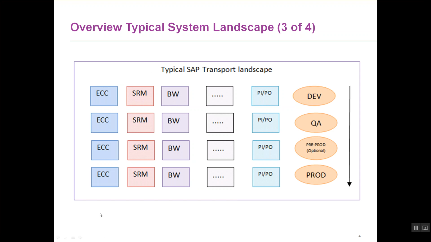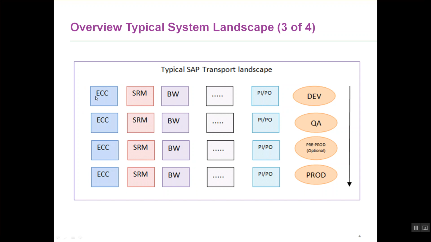This is what a typical SAP landscape looks like. There are multiple dimensions to a landscape. One is what all the different types of software in your landscape are. So in the case of a customer landscape, you can have ECC as a software, SRM as a software, BW, PI, PO, and so on. So the SLD provides you with one facet, which is what all the products and software are that are installed at a particular customer's landscape.